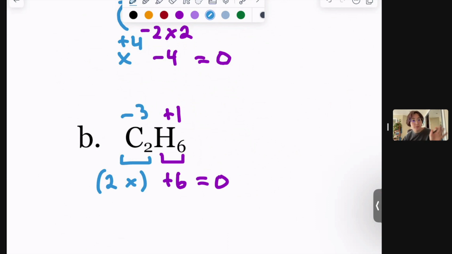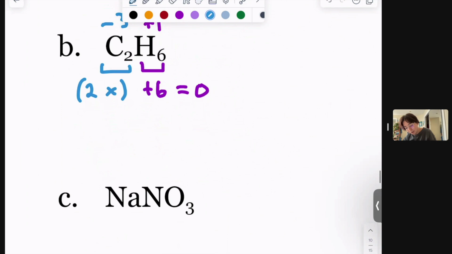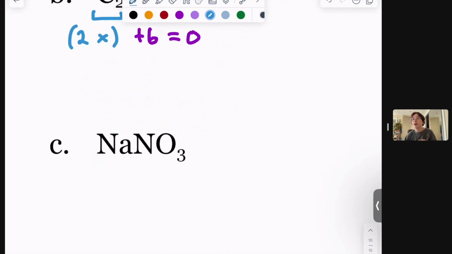So again, if you want to write it off to the side, doing each element by itself can work for you. If you want to show more work to help keep track of these, or if you can do it in your head, then you can do it in your head. But you know, I'm a write things out enjoyer because I always mess things up. Okay,